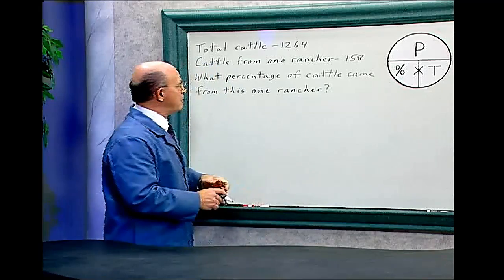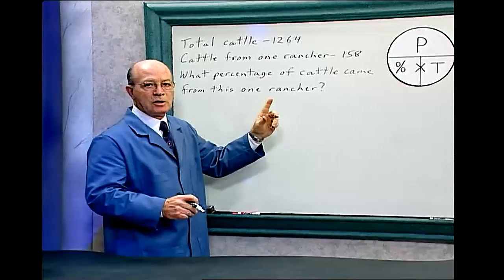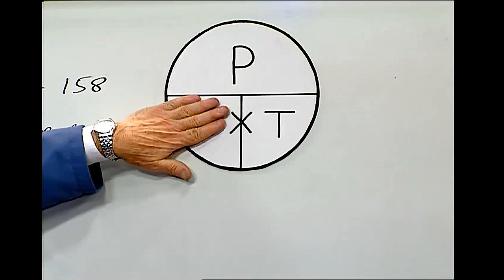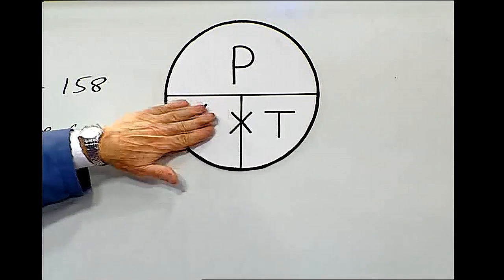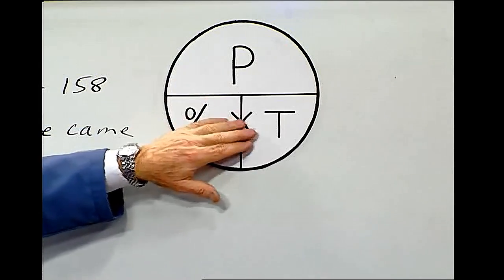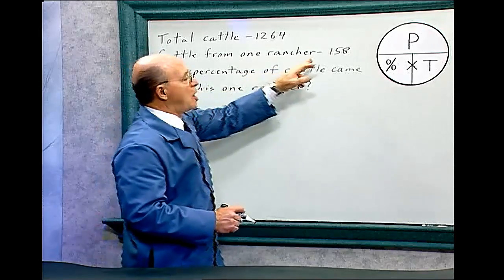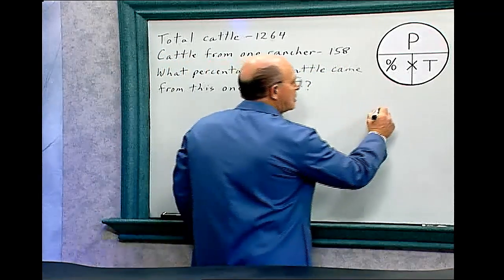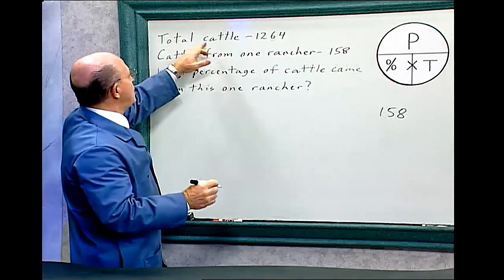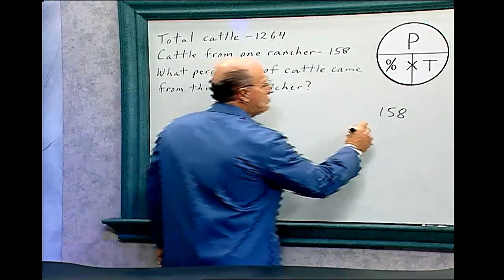Note carefully what the problem is asking. What percentage of cattle came from this one rancher? So we want to find the percent. So we cover this up in this percent circle. This is what we want to find. So now all we have to do is find the part and the total. The part, the cattle that came from one rancher, is 158. So that's the P. And the total that the auction had in the bins was 1,264. So that's